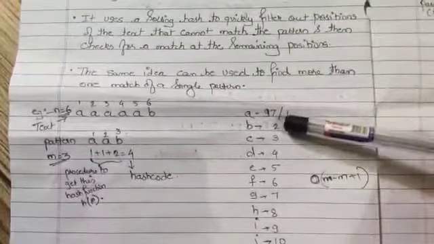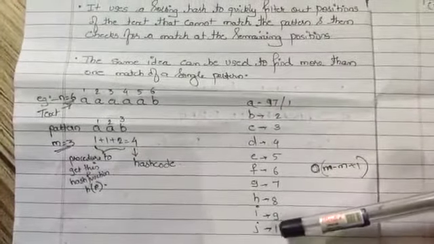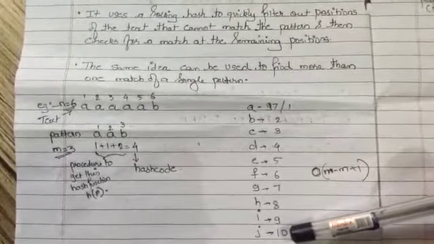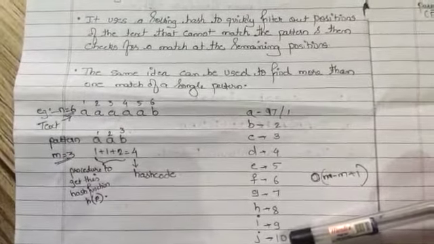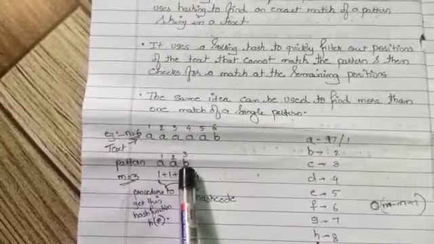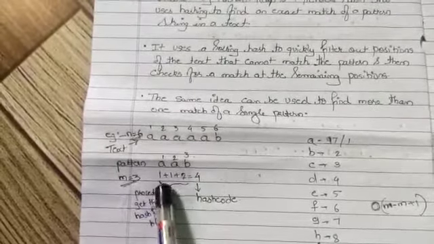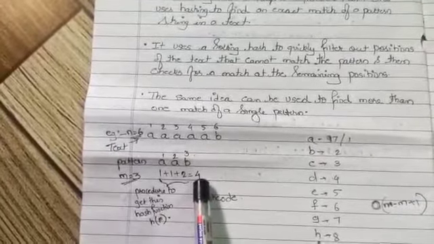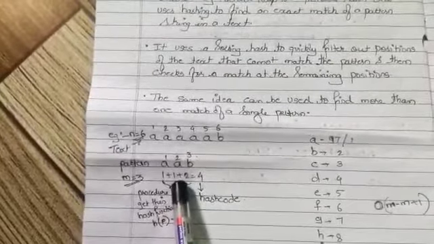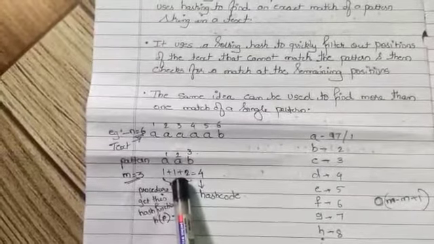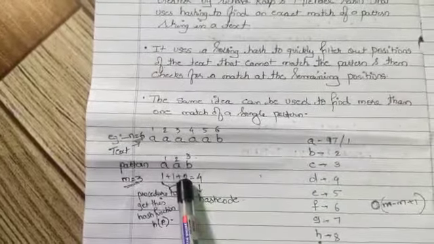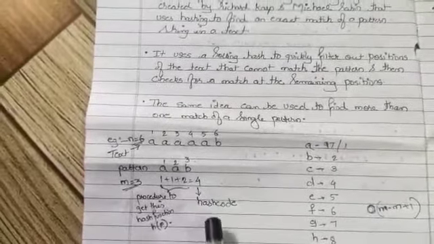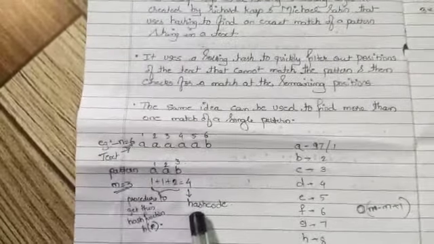So I have assigned the value A to 1, B to 2, up till J, which I have assigned the value 10. So here I have considered just 10 letters. Now first we are going to calculate the value for the pattern. For A 1, again A 1 and B 2, I just add and the value I get is 4. You can multiply, no doubt, depending on whether you want to multiply or add. I just add and I get the value 4.